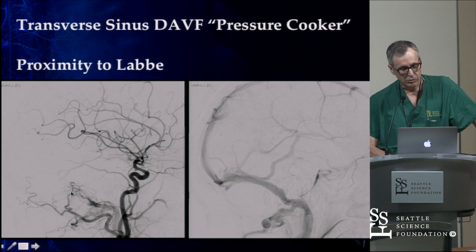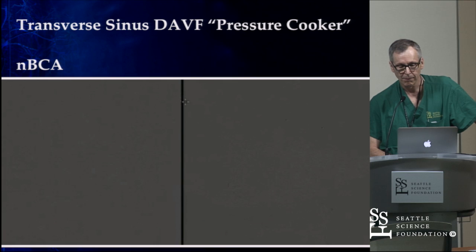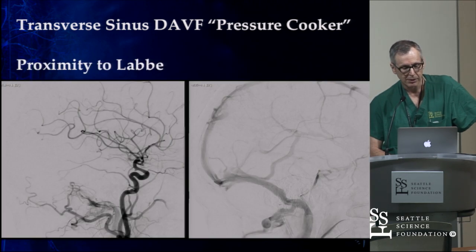But I didn't want to close off that sinus because it's so close to the labyrinth. I wanted to get this transarterially. She had a little additional fistula site down lower. So I wanted to get to that arterially, but it was difficult to get a catheter close enough there. So this pressure cooker technique is something that we use. And the first thing you do, sorry, I need to go back,